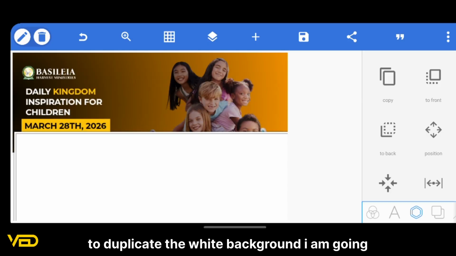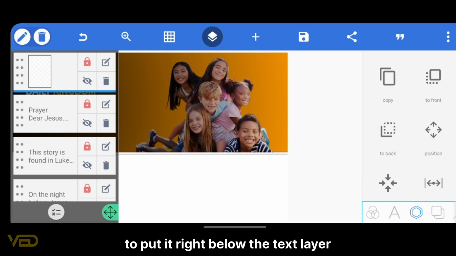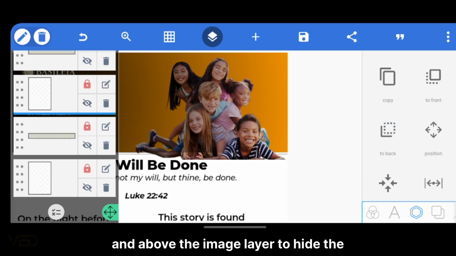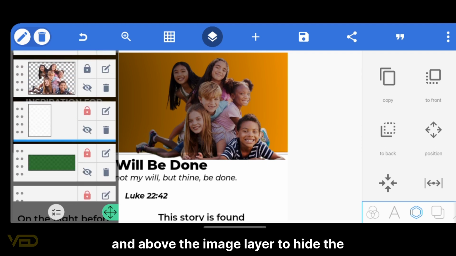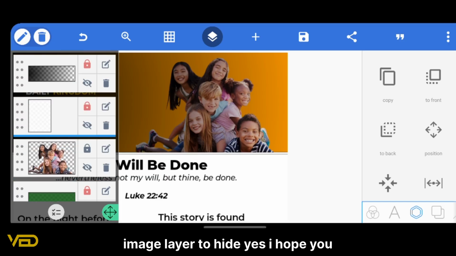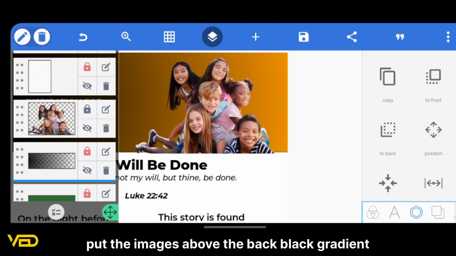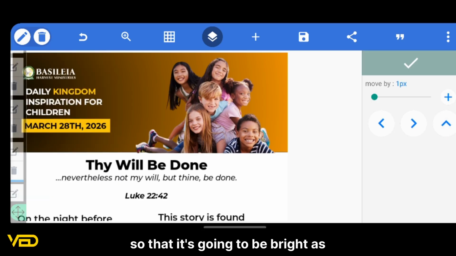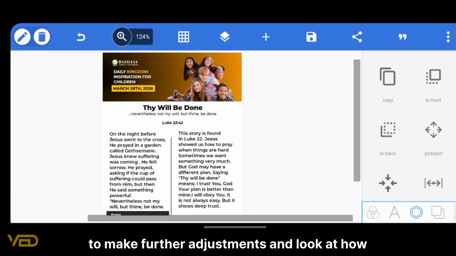You are going to duplicate the white background, and you're going to put it right below the text layer and above the image layer to hide. Yes. I hope you guys are paying attention. You do that. I'm going to put the children's image above the dark black gradient so that it's going to be bright as well. Once you've done that, you can choose to make further adjustments,